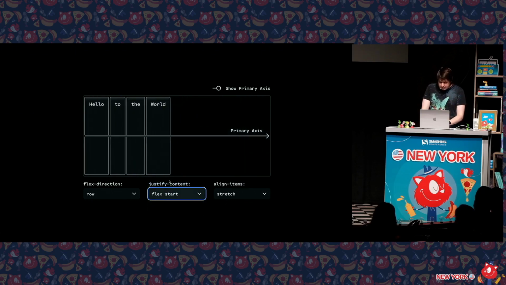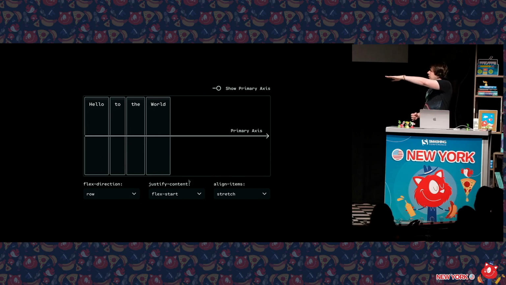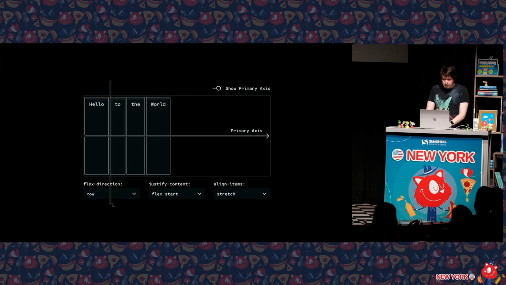Now let's talk about the second part, which is content versus items. Why is it content? Why is it items? Well, here's the interesting thing. The primary axis, and we see it here, skewers each of our items like vegetables on a kebab. That's not true for the cross-axis. I can't draw a vertical line that intersects more than one of these children. That stops being true with FlexWrap, but we're going to set that aside and just talk about the core